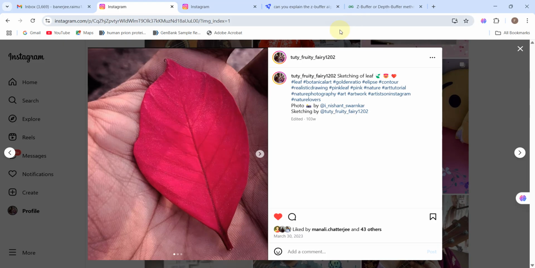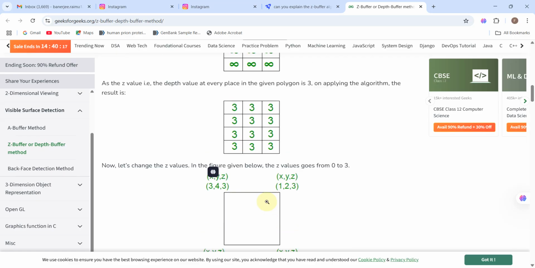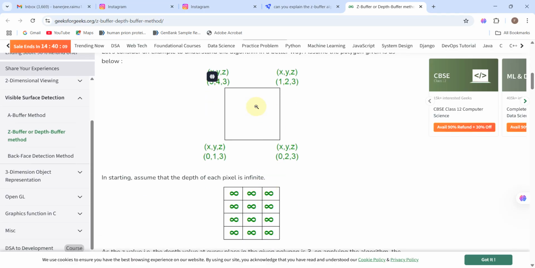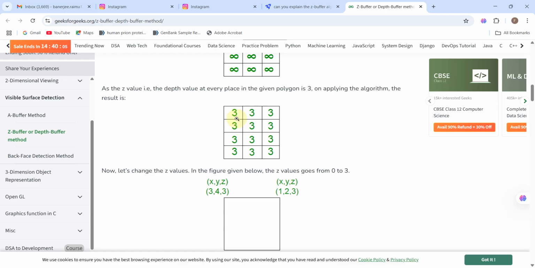how you should write the depth buffer matrix, and I showed you this example from the GeeksforGeeks blog, that if you have a surface which is not tilted, then you have all the z coordinates. Remember that whatever you are storing in the depth matrix, in the depth buffer memory, you should be careful that the matrix only stores the z coordinate of all the pixels in the screen.